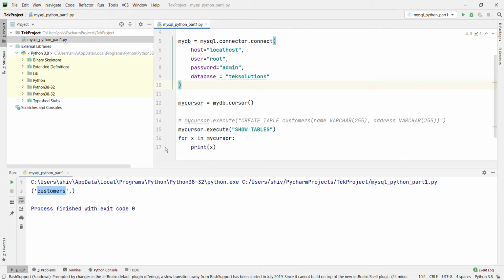Okay, I'm going to create a table with the primary key. Okay, now I'm going to uncomment this one and create a new table customers_PRI with the primary key.